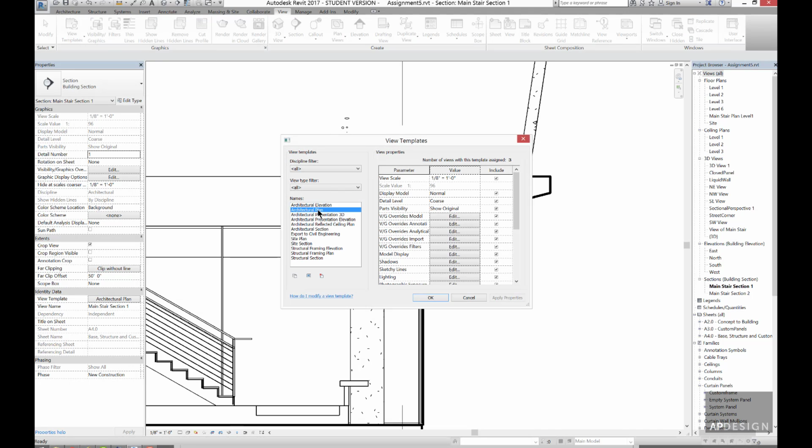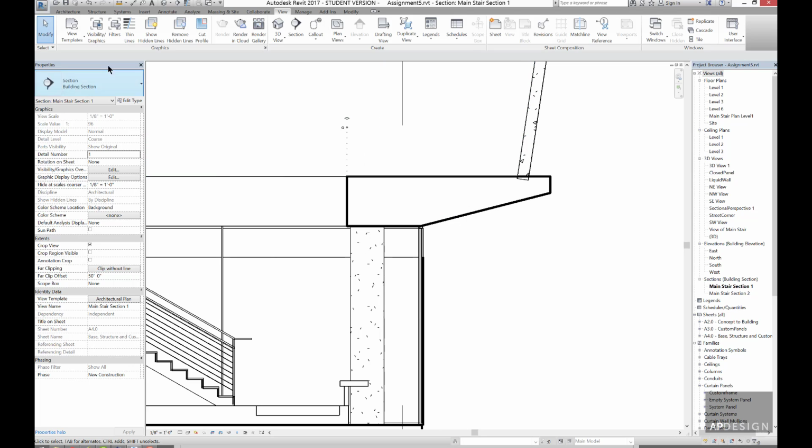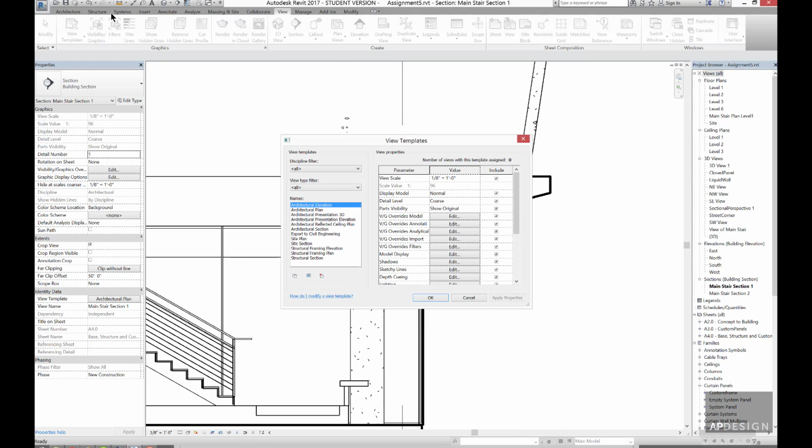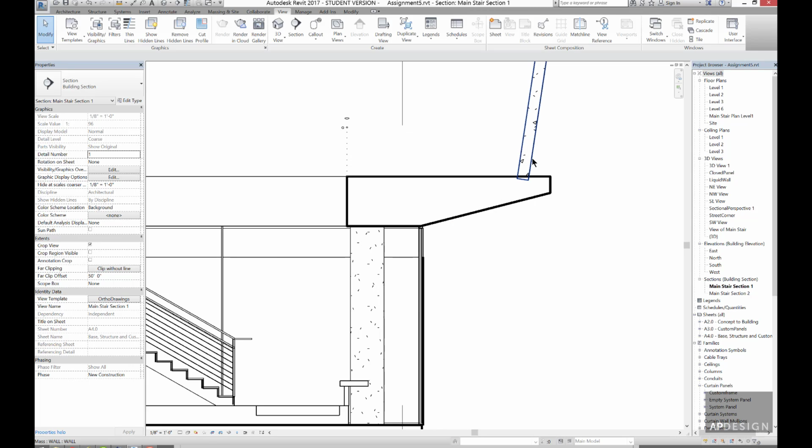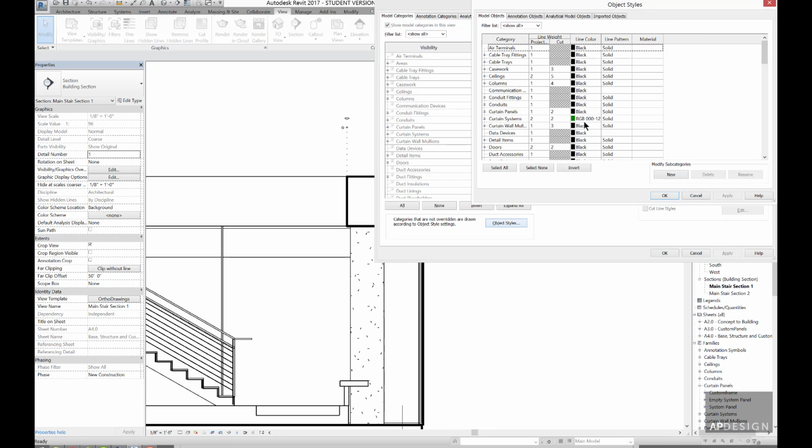And in fact, let's go ahead and rename that. We'll call it Ortho Drawings, just so it seems a little bit more like anything that we might use for a section and whatnot. All right. So one thing we need to change is, in the object styles,